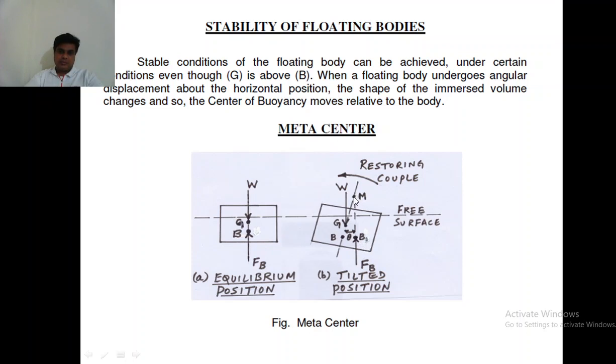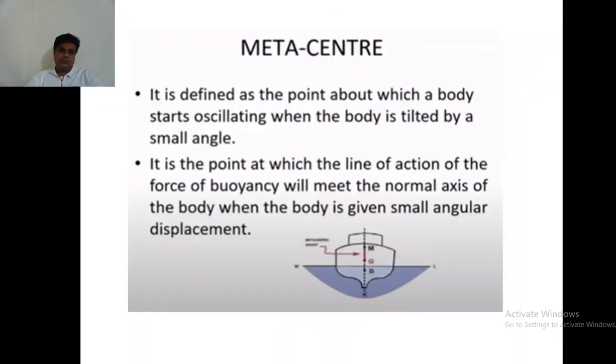Okay, so because of this point M, what happens? The object will be pivoting, it will be rotating about this center M. So this metacenter is the point from where the object will be twisted or pivoting left or right side. So this metacenter for floating bodies, the height of this metacenter, will decide whether the floating body will be in stable condition or non-stable condition. So we'll see here. So what is this metacenter now?